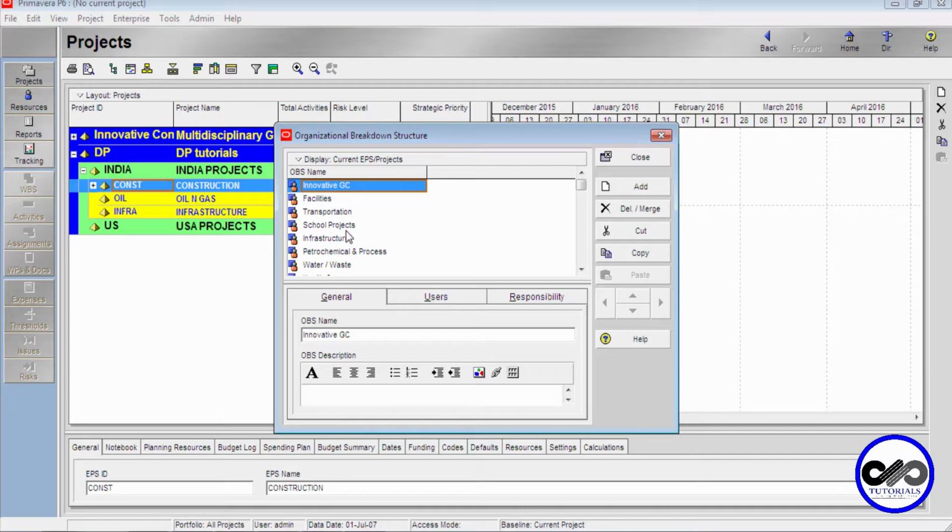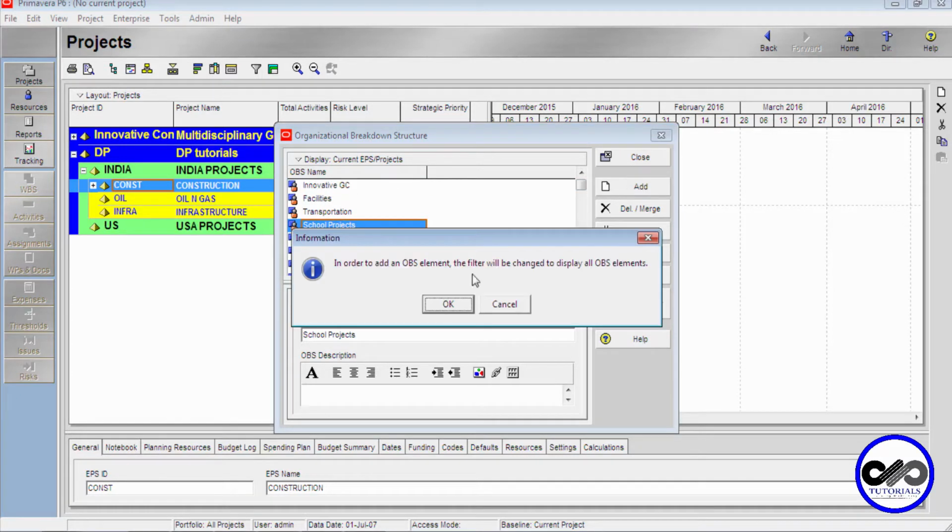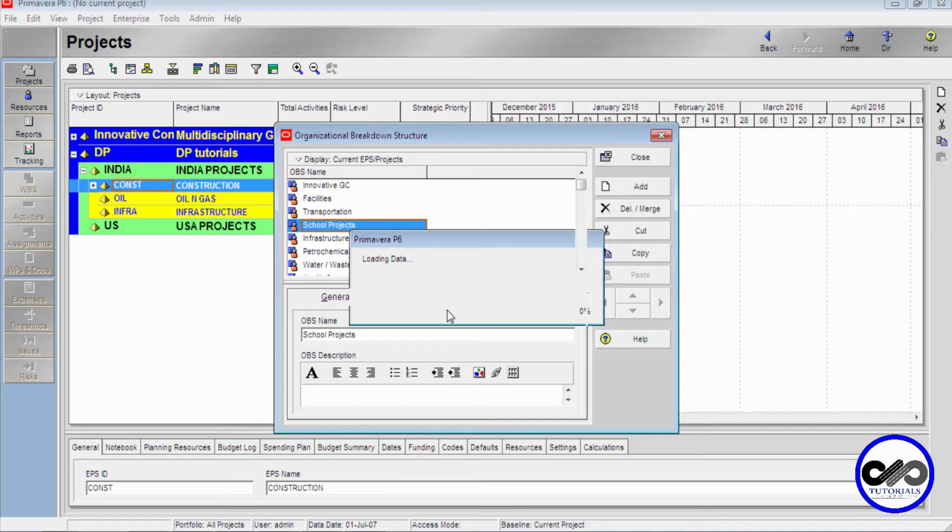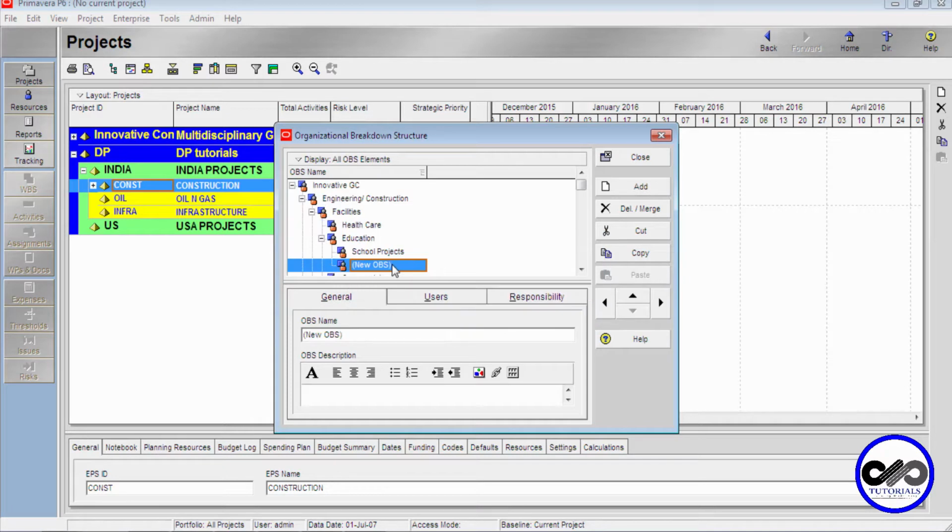So these are already installed OBS structures. So I would like to add. I'll be going to this add button, select, and I'll be changing the level of OBS. So I'm right here now and typing general manager.